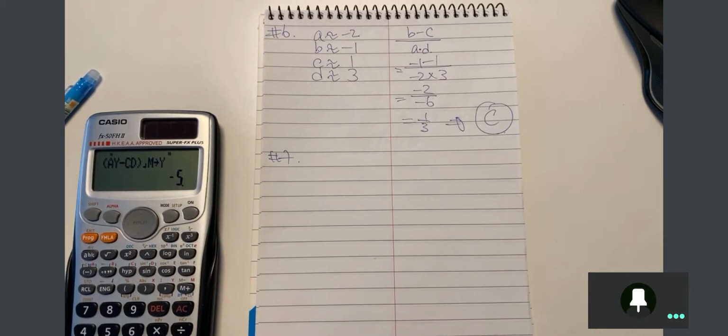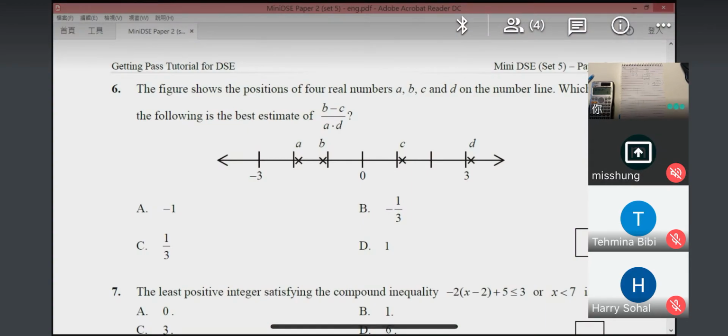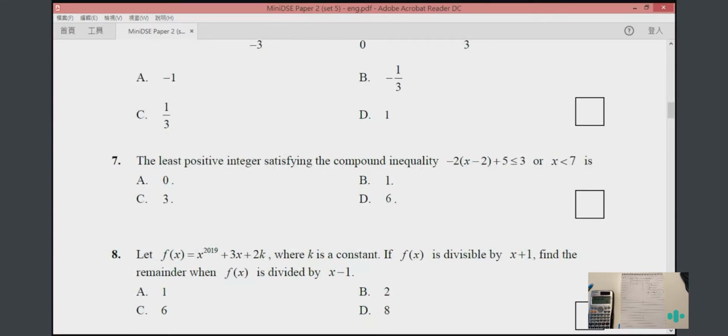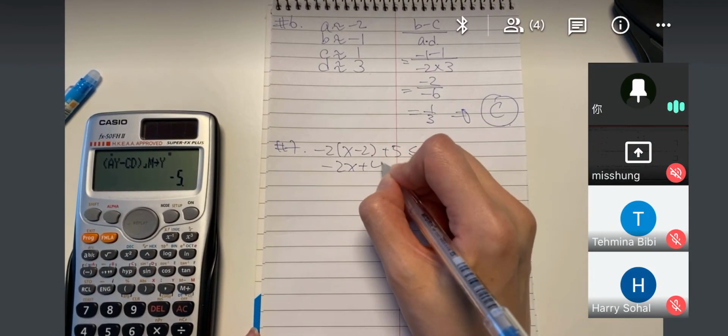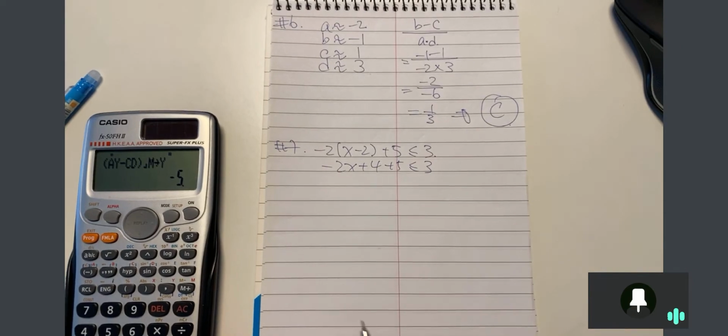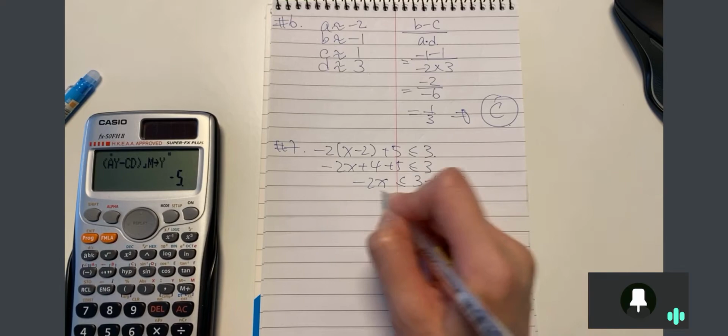Okay? And then for number 7, it is a compound inequality. So you solve the inequality on the left-hand side first. -2 times (x minus 2) plus 5 smaller than or equal to 3. So you remove the bracket. -2x plus 4 plus 5 smaller than or equal to 3, and then -2x is 3 minus 4 minus 5, so